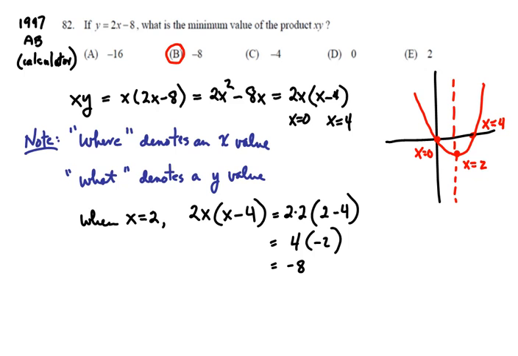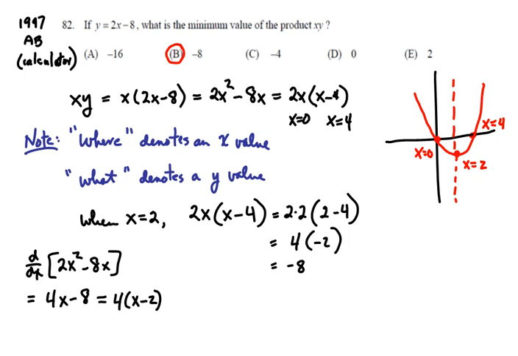The next thing that we want to do, though, is to look at how we would find this using calculus. And since we're looking for a minimum value, that means we would need to find the first derivative and find out where the first derivative changes from decreasing to increasing. So I'm going to take the derivative of 2x squared minus 8x, and that is 4x minus 8, or 4 times x minus 2, and we can see that that will be 0 whenever x is equal to 2. Since that's the only critical value there, we can probably assume there's no point that says there is no minimum value,